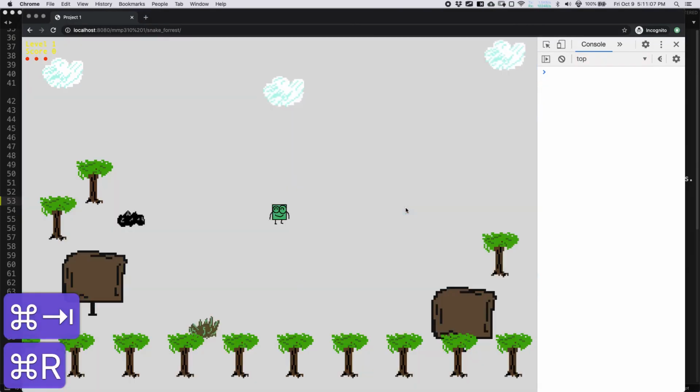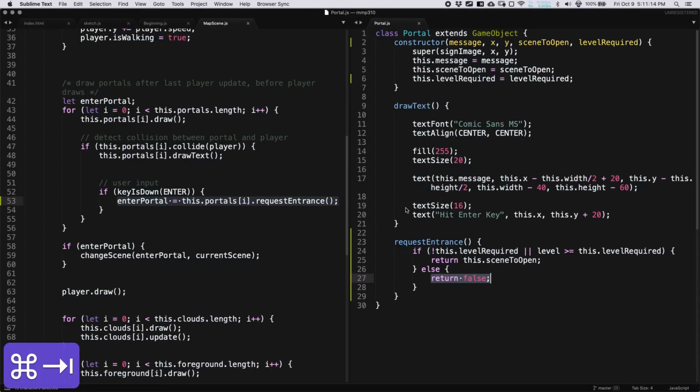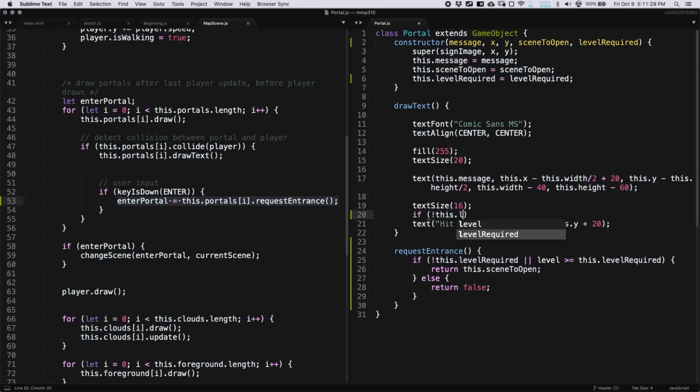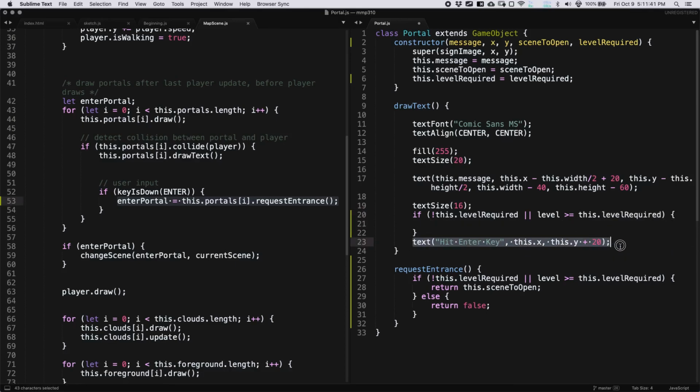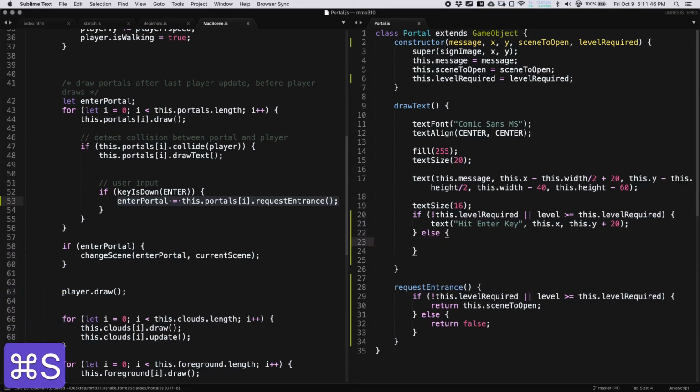One thing I do have to do is let the player know. If I'm hitting enter and I'm not allowed in, that just seems like a bug. So we need to give them a different piece of text. We can just use the exact same logic here. So I can say if this.levelRequired is undefined, or level is greater than or equal to this.levelRequired, so I'm using the same exact logic, then we're going to say hit the enter key. That way the snake portals will still work. And otherwise, we're going to say you need